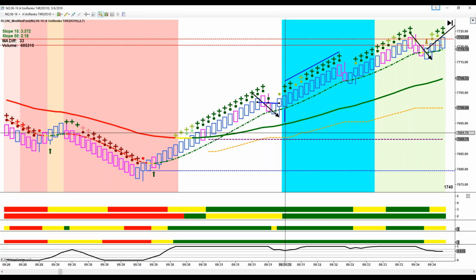They all trace out different fib levels based on the previous swing high-low, and all of them are irrelevant. Elliott wave and Gann theory, which look at the intrinsic waveform of the market, are all distorted by institutional money. Even Japanese candlestick patterns, which are predicated on the fact that each buyer and each seller have equal power,